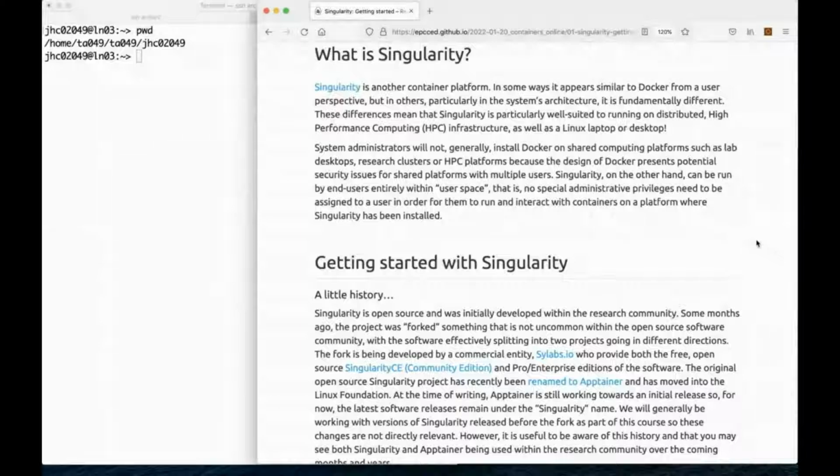So what is Singularity? Singularity is another container platform, and as you'll see, it is in some ways very similar to Docker, certainly from a user perspective. So when you use it, it looks very similar. Some of the commands will appear very similar to the commands that we used with Docker. But in other ways, particularly in the architecture of the Singularity system, it's quite different. And these differences are such that it helps for running on shared platforms, and particularly on distributed HPC